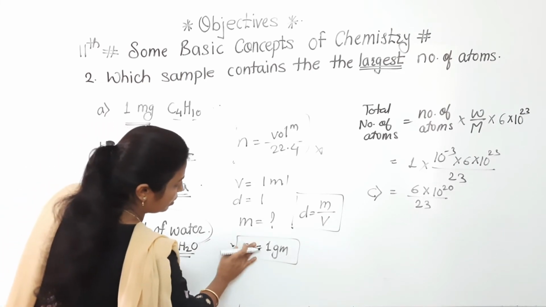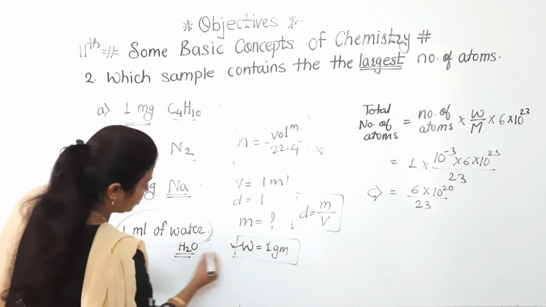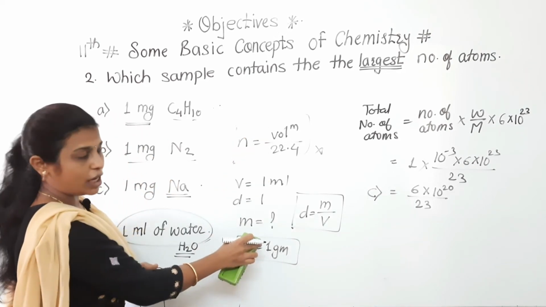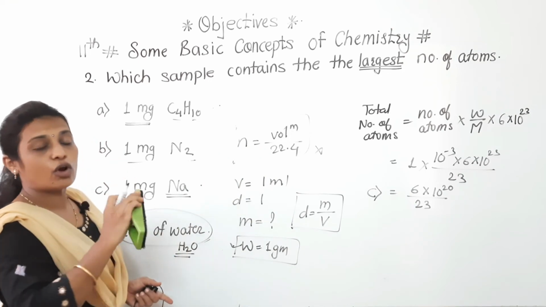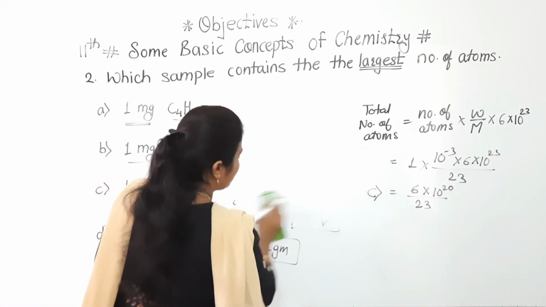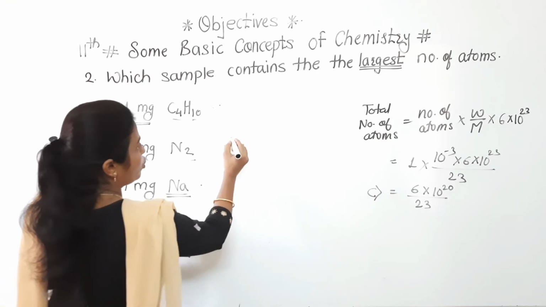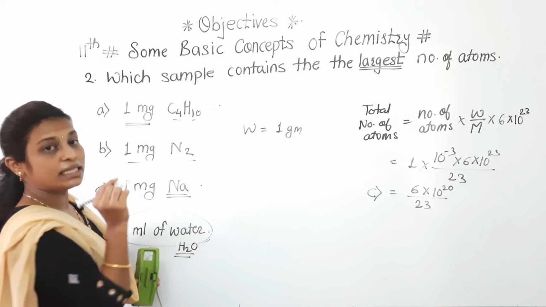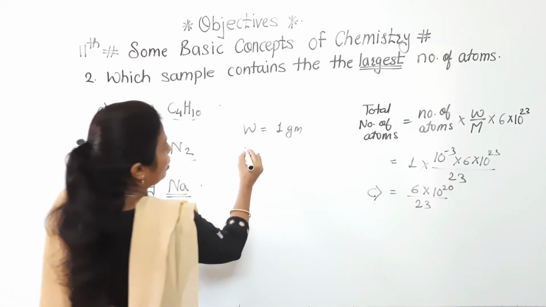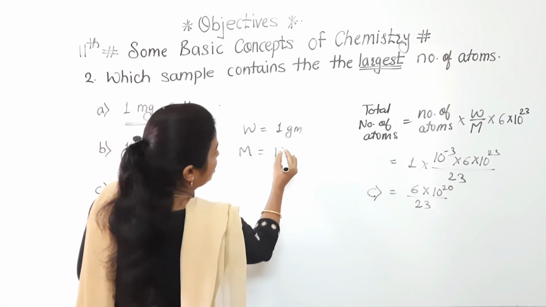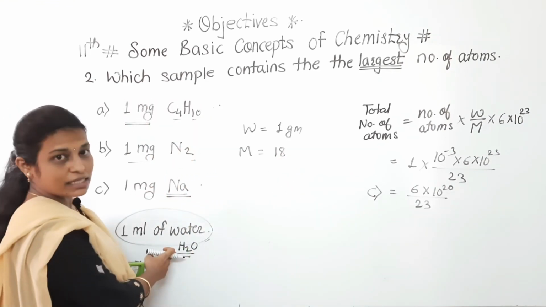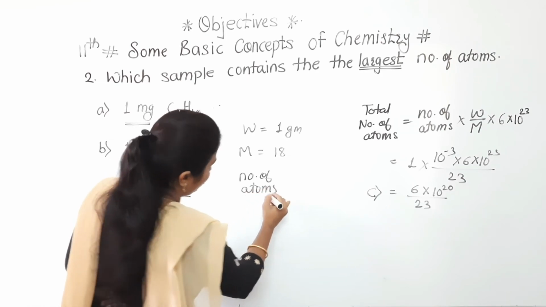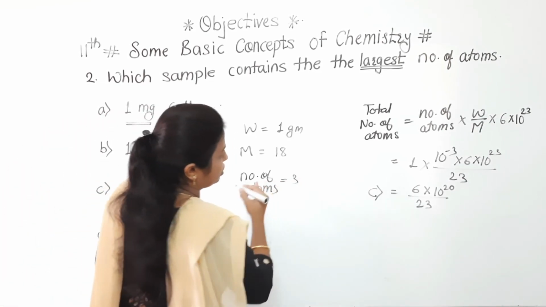So we got W, meaning mass. Here we got the number of atoms. Now see, hope you understood that point. Why have we not taken it? Because the volume is not given at STP. Okay, now see, for this fourth option, W, as we have calculated, is 1 gram. Everything else was given in milligram, but this is in gram. The molar mass of water is well known, and if we consider the number of atoms in a water molecule, 2 hydrogen, 1 oxygen, that's why 3.